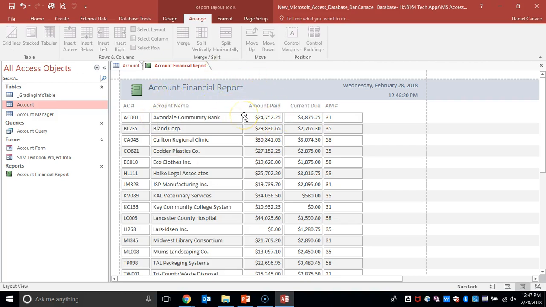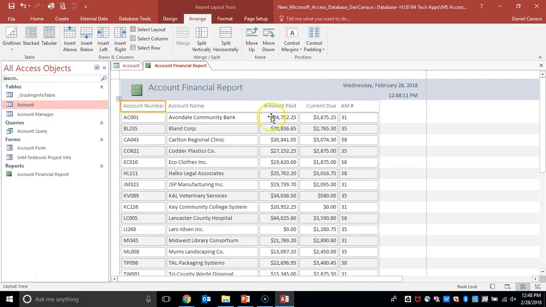Now, since the user isn't going to be the only one using this report, we should probably change around AC number and AM number, because someone who is not from our company might not know what that is. So I'm going to double click in here and give this a full title, and we're going to call this Account Number. Okay, and then you can hit enter, and we're going to change this to the